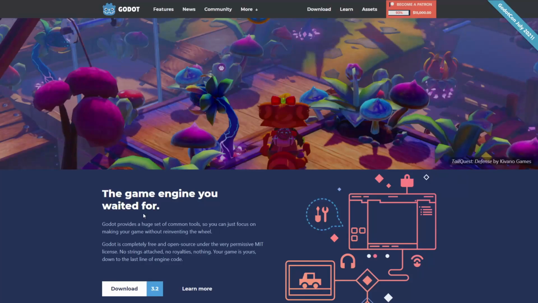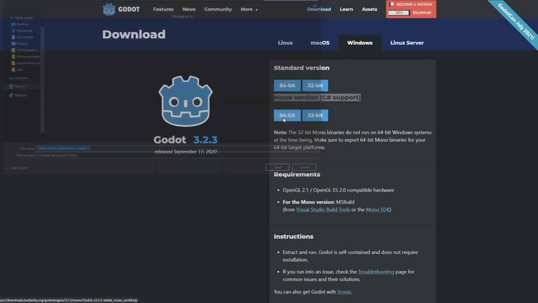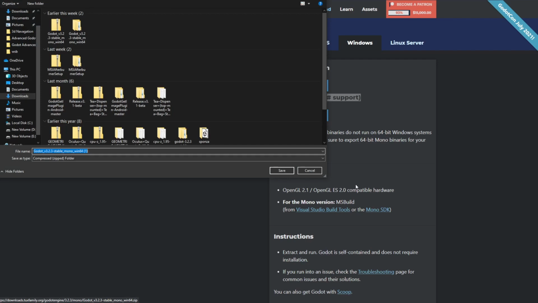All right, so the first thing you're going to want to do is come over to the Godot website and click on the download icon. Let's go click on that. We're going to download the Mono version, and you want to make sure you pull down this version. This version has C# support. If you pick the standard version, it's not going to work. So you're going to click on this 64-bit icon. I've already downloaded it, so I'm not going to download it again, but you're going to download that